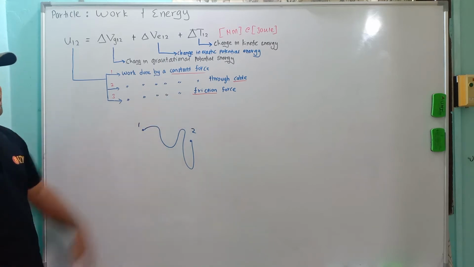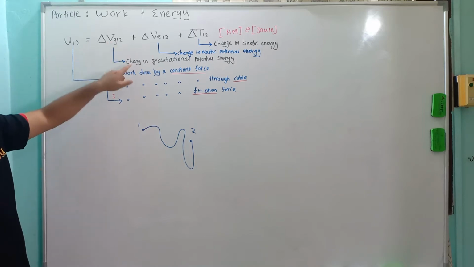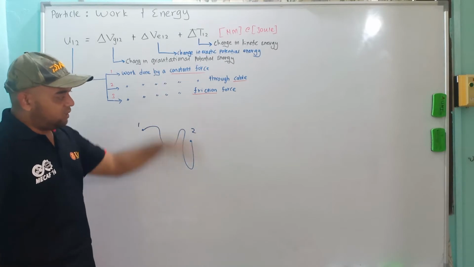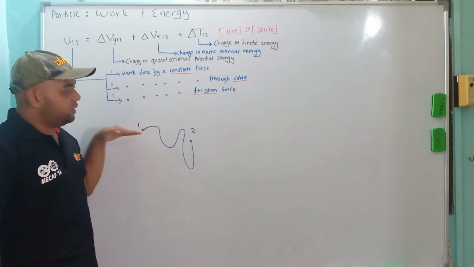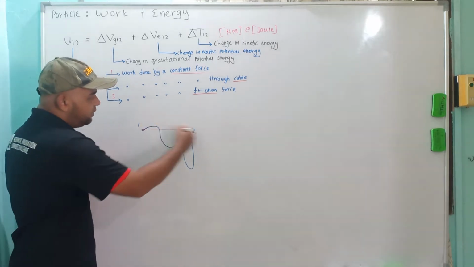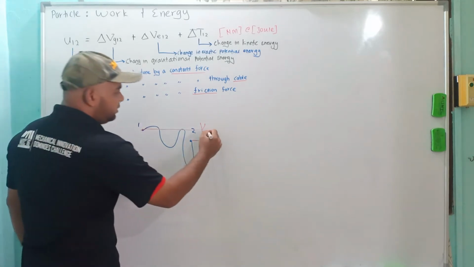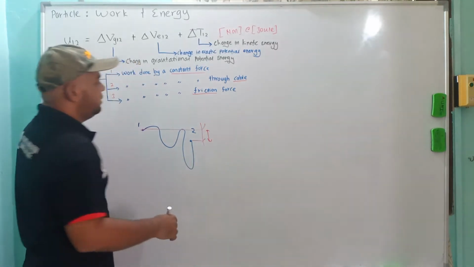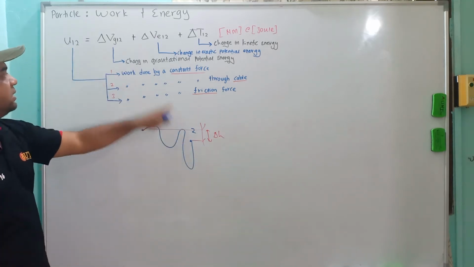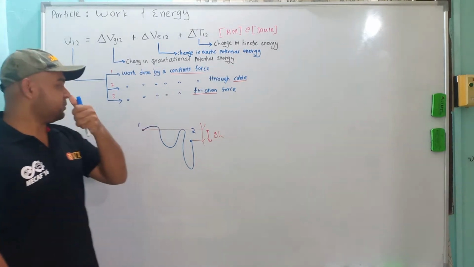For easier calculation. And on the right side we will have the delta Vg, which is the change in gravitational potential energy. If the component is moving straight from the beginning to the end, we will have this change, the change in delta H and so on. So this one will be captured by this equation, change in gravitational potential energy.